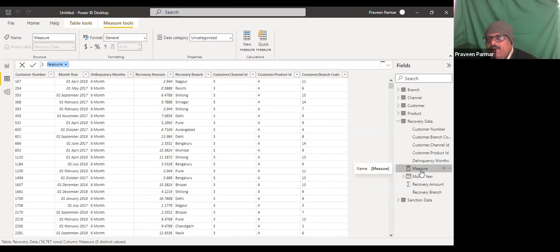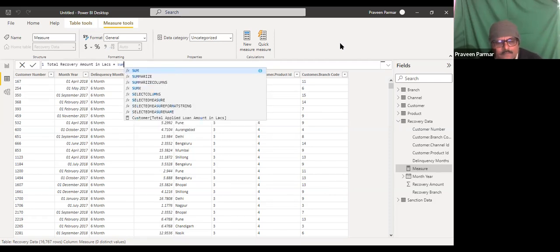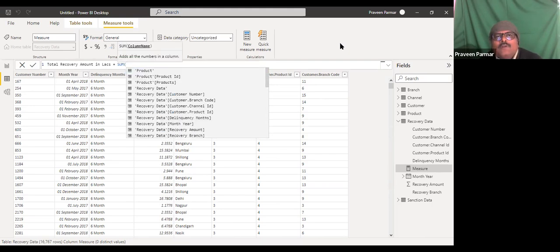So now I am creating a measure here. So total recovery amount in lakhs, if you want to write, equal to sum tab, then what is the recovery amount?